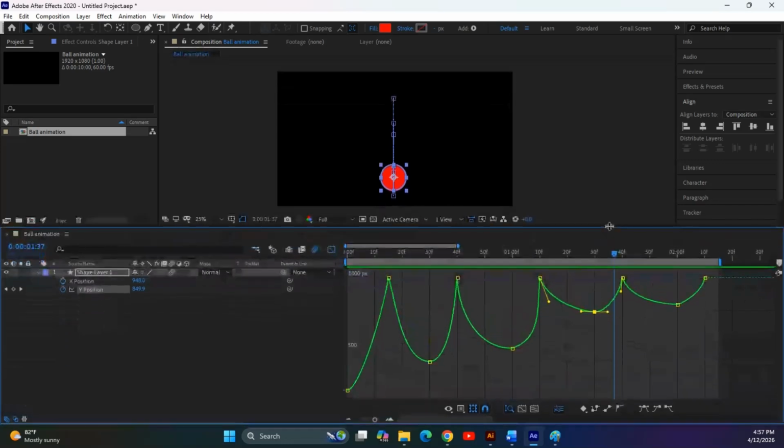Now the last animation, the last keyframe, is having some problem. It is going like this, then it is coming very fast, so we need to make a little adjustment, and yes, now it will go in the flow. Okay, now once we have this ball animation, we need to change this one into